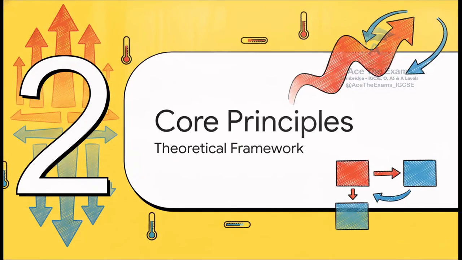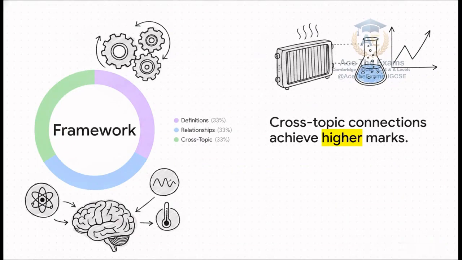Moving right along to Section 2, connecting core principles. Okay, so the theoretical architecture of these applications rests heavily on precise definitions and causal relationships. Let's think back to Sam for a second. Sam rushed and confidently wrote that heat rises. Listen closely. In physics, heat doesn't rise. Hot, less dense fluids rise. That distinction right there is a causal relationship, and getting that phrasing right is literally the difference between a 0